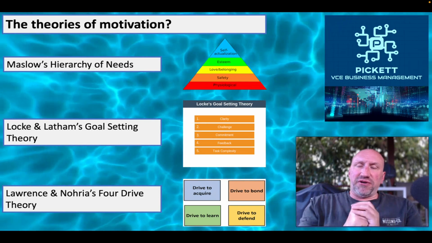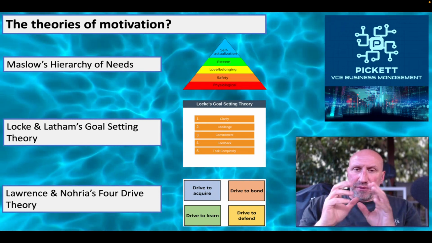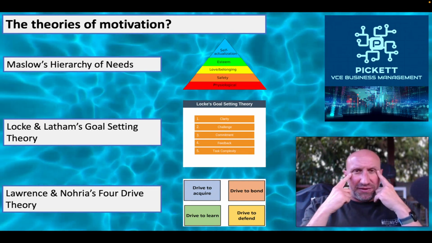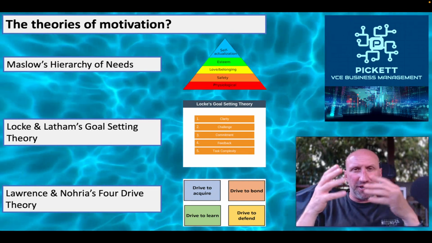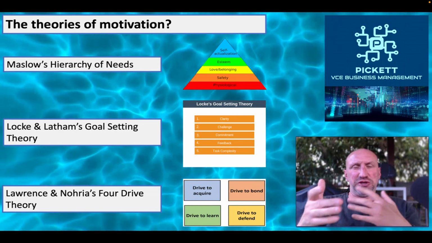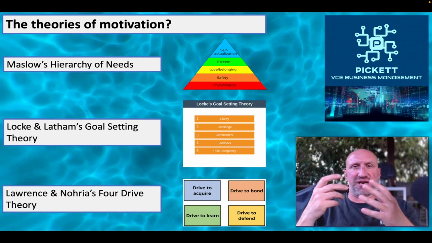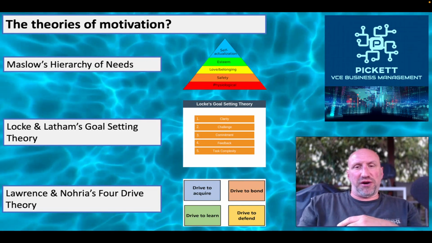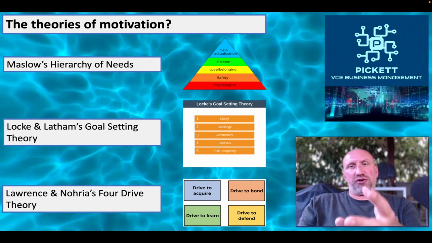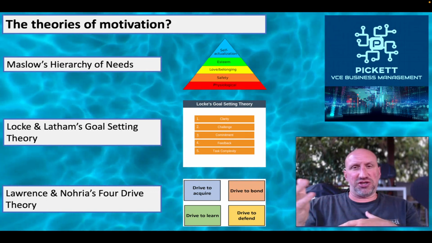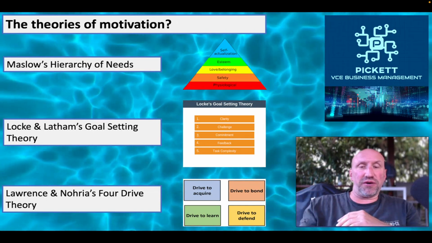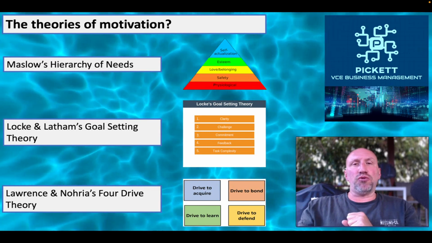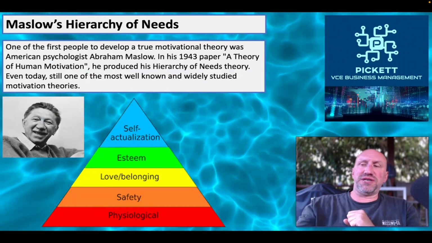Now, those little diagrams you see there associated with each, when you think about that theory, you want to visualize this diagram. It's useful just to have an association of what it looks like. And those little diagrams, as you'll find out as we go through, are a really good, very simple association for each theory. That'll make more sense as we go through them. So those are the 3, and those are the little diagrams that will represent each. So starting with the first,